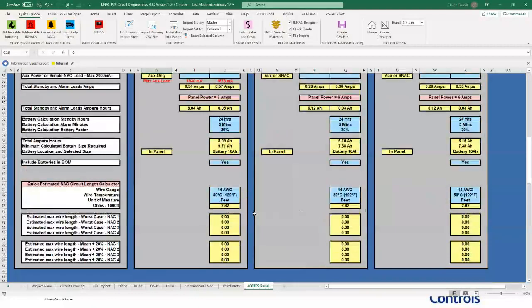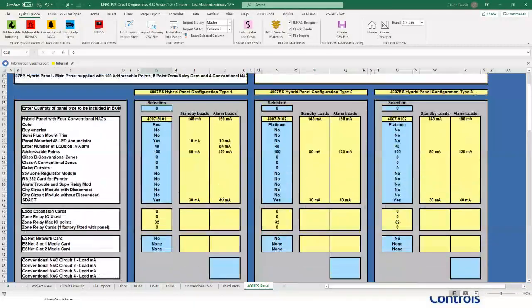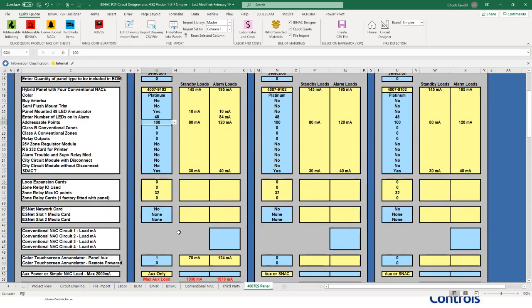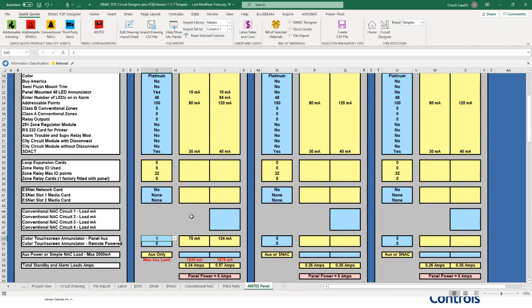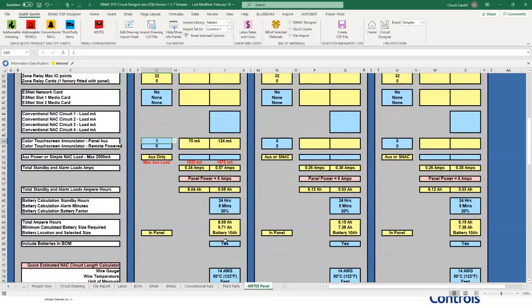You can go through here and choose your standard options. Maybe you want this panel, which you'd want to always be a platinum panel, and you want this to be 175 points. I don't need a network, or I do. Do I want an annunciator on the job? You choose it. They're light blue, so you can configure them. Same thing at the bottom.